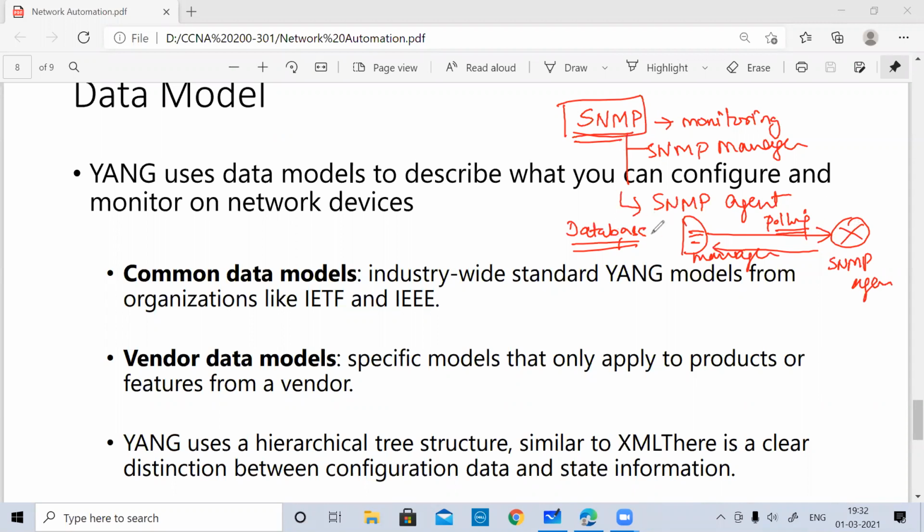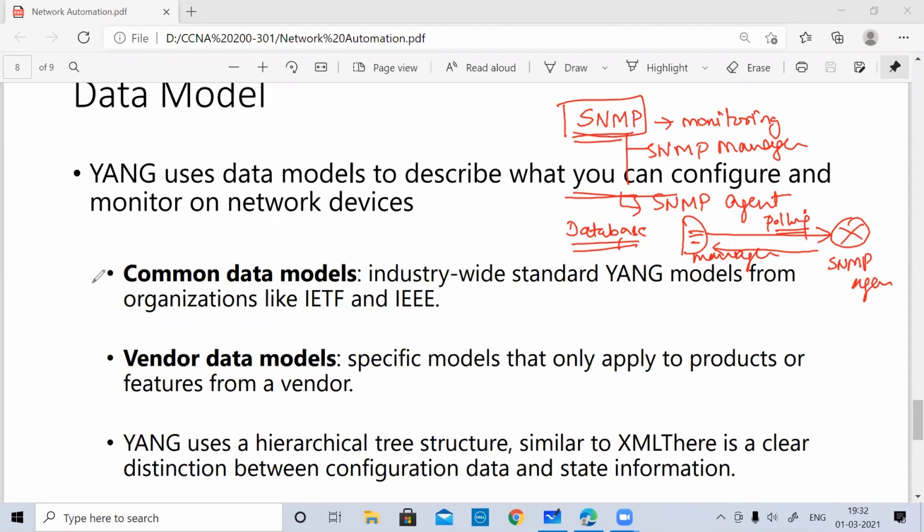Similar to SNMP, we have this YANG model, but the YANG model can be used for understanding what you want to configure as well as monitor. SNMP I cannot say is purely used for configuration, we basically use SNMP for monitoring. So YANG is similar to SNMP, but here we can configure.